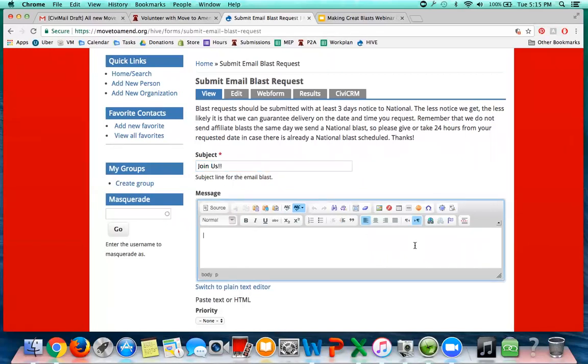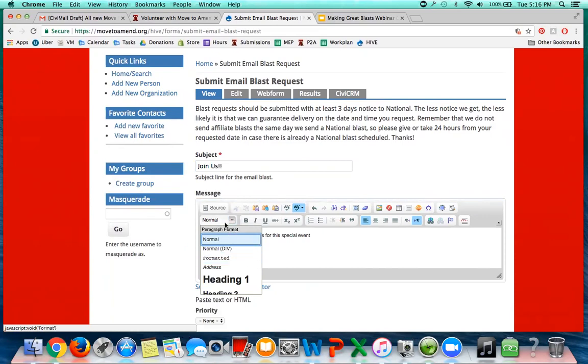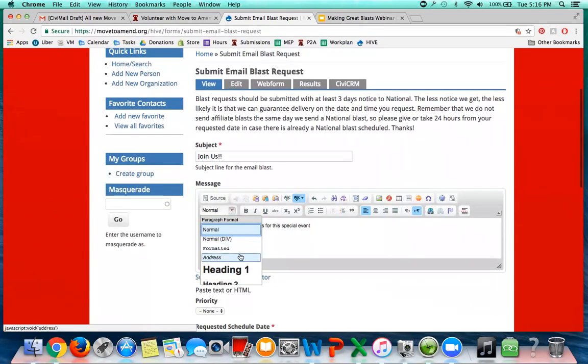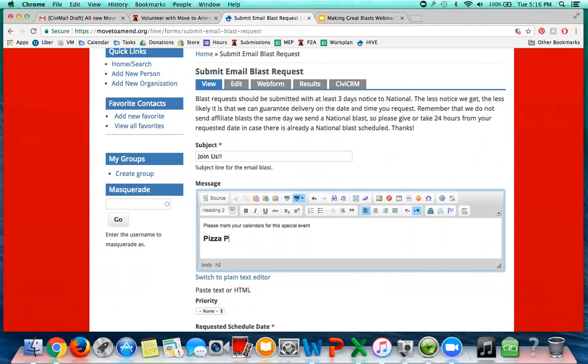And please mark your calendars for the special event. And then we have here all of these different sizes and styles of text. So you might want to say pizza party, and then